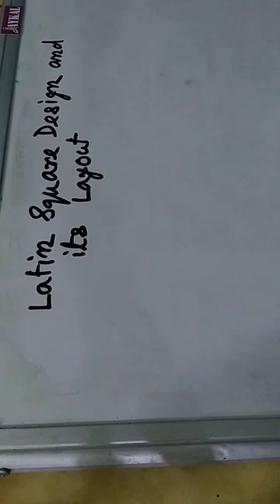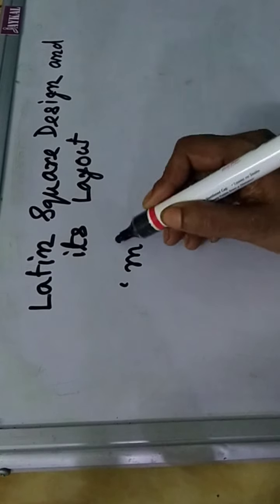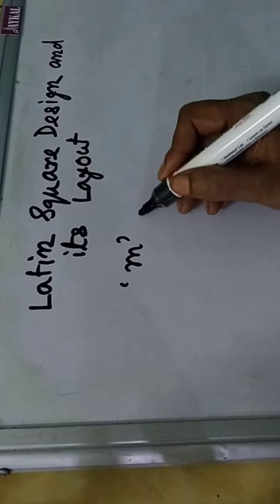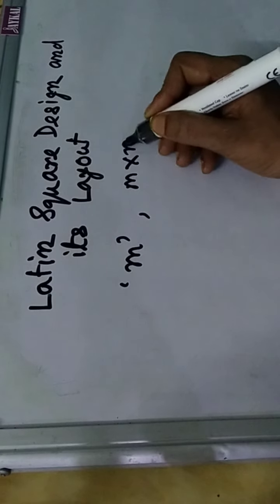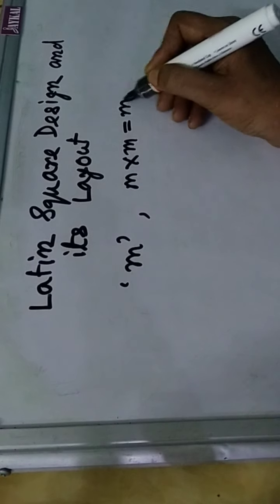The layout of the design. In this design, the number of treatments is equal to the number of replications. Thus, in case of M treatments, there have to be M by M, that is M square,